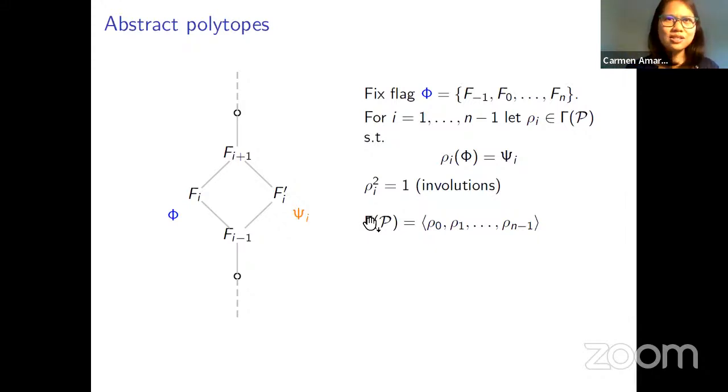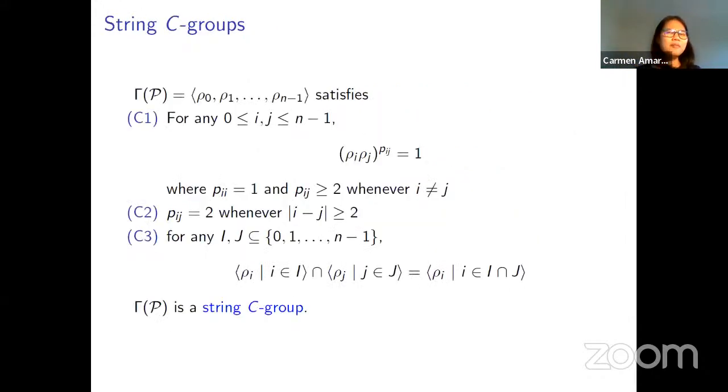These are established results. Apart from that, we can also show that the automorphism group of our abstract regular polytope, which has these permutations as generators,